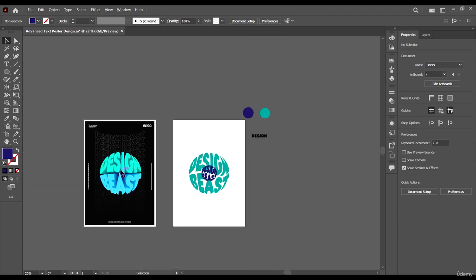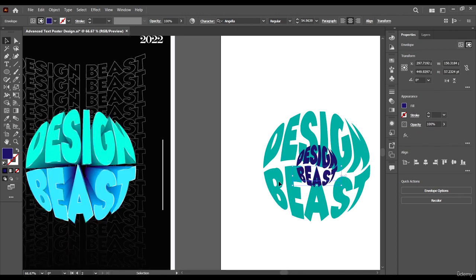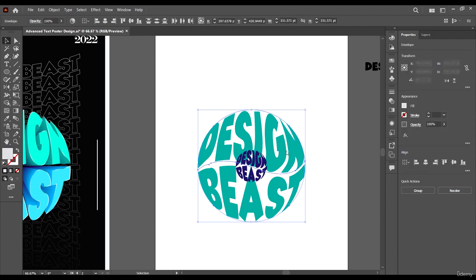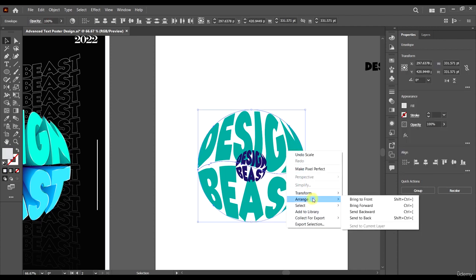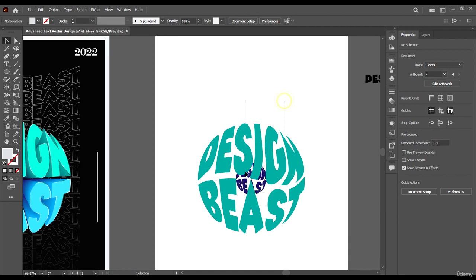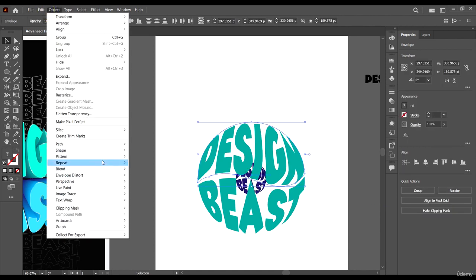Okay guys, so the next thing we'll do is, I think we should make this even bigger, right? Yeah, it's quite big. So select both of them and then reduce the sizes to, let's see, like this. So select the ones on top and bring to front. So what you will do is just marquee select the two ones on top, go to object, go to blend,